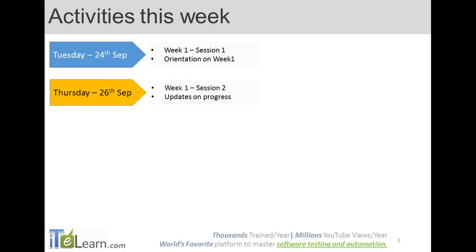Thursday, I will do one more session at the same time, or we will do it on Friday, depending on how each of you progress. That session will be to see how we are progressing. Since this is the first session, I want to make sure that each of you is comfortable with what we have done, if you are able to learn, and if you are picking up things with other members and interacting. Okay, this is more like the orientation session where you're getting used to everything.